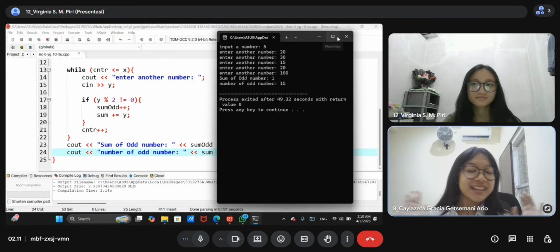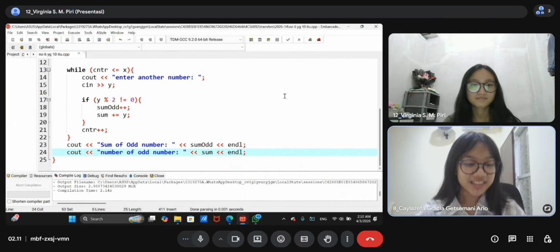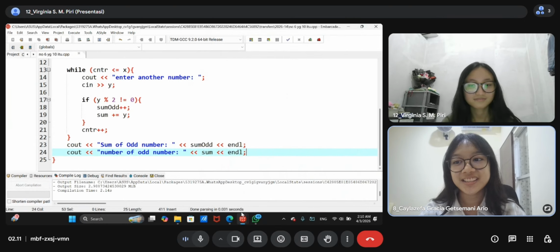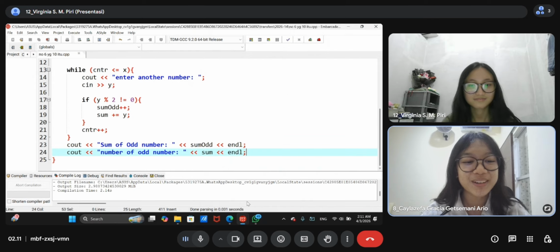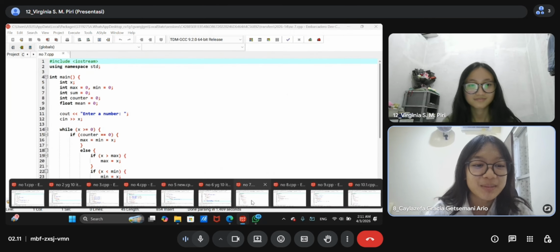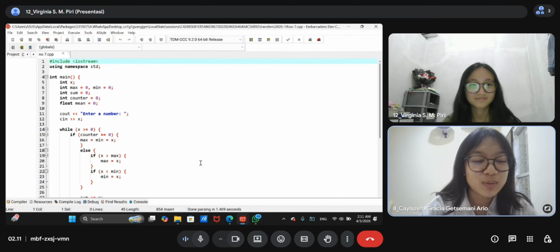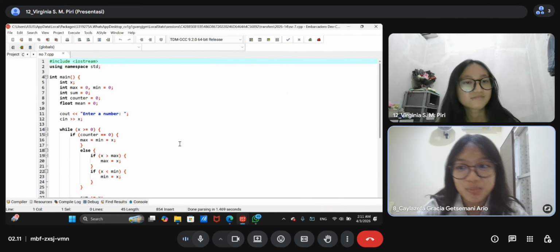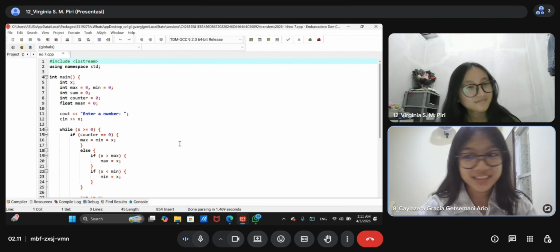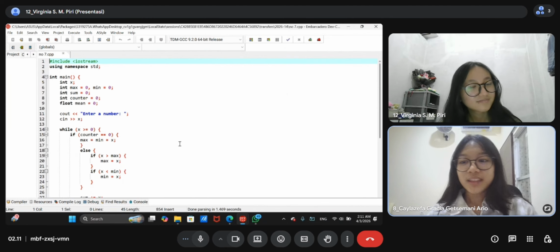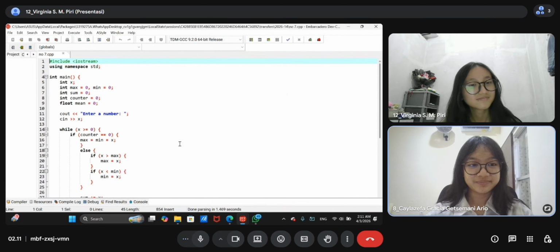Okay, we continue to the next number. There is number 7, an important one. Why is this number important? Because we have three outputs. The output is max, sum, and min, which is the minimum.